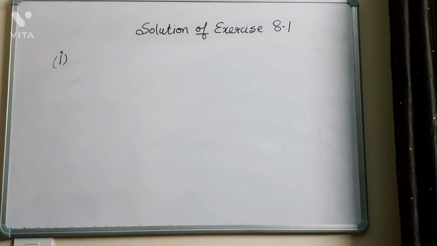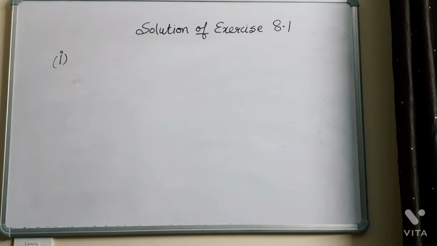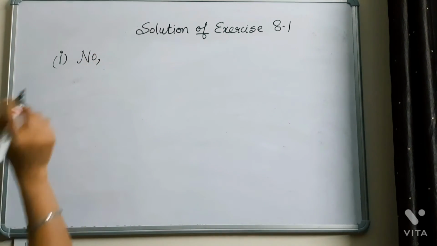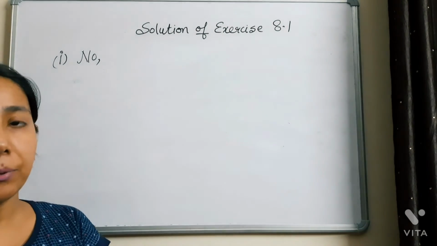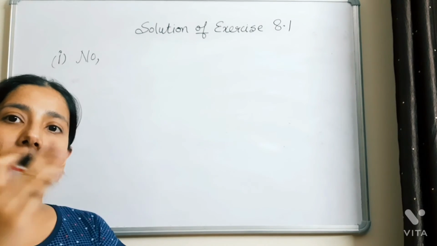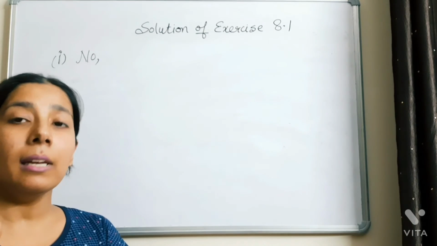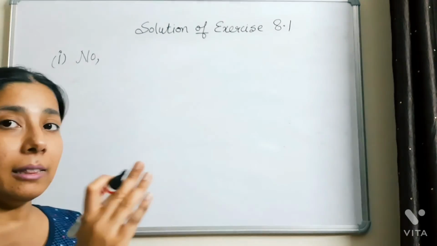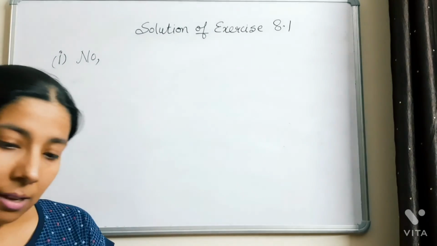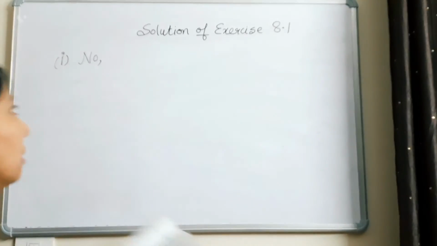The value of tan A is always less than 1. No. The value of tan A is not always less than 1 because tangent theta can take any value. Likewise, sine theta can take the value from -1 to 1 and cos theta can take the value from -1 to 1 only, but tan theta can take any value. So there is no rule that tan theta will always be less than 1. So write it as false.